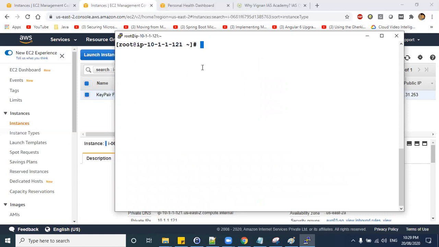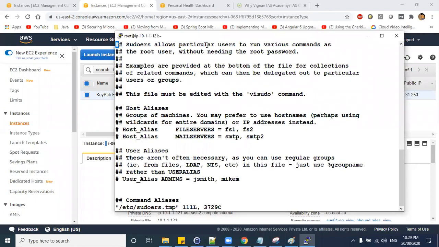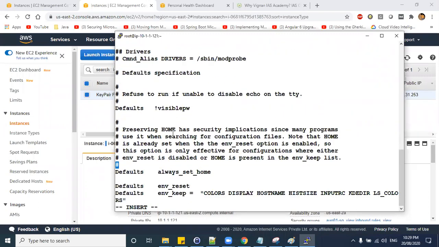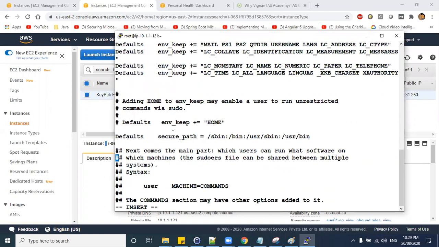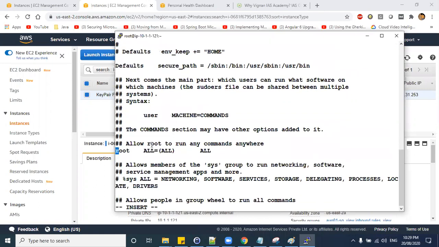Once the user is added, there is a sudoers file, which is edited using visudo. If you open this file, users will already be there under root. Let me insert. If you come here, I guess under defaults, if you see here, allow root to run any commands from anywhere. So even though you add a user through the useradd command, if you are not adding the user under the sudoers file, your user will not be able to log in here. So let me type Harish as the username and copy paste the remaining everything as it is here.